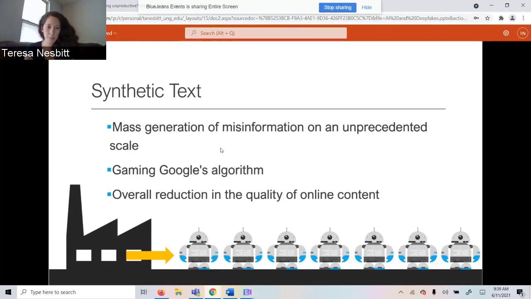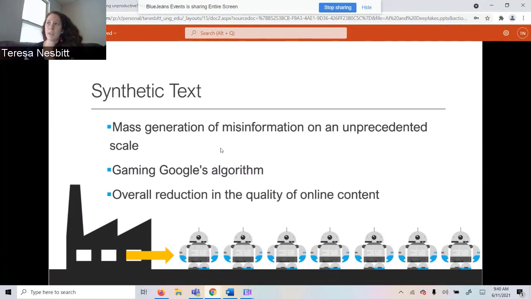So it's entirely possible that we're going to start seeing this mass generation of misinformation on a scale that we haven't seen before. And one thing that Liam's example really highlighted is that it's not that difficult to game Google's algorithm with this technology.